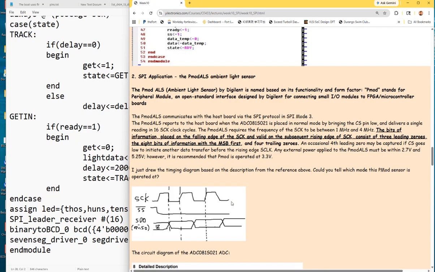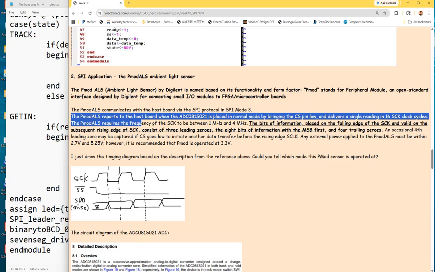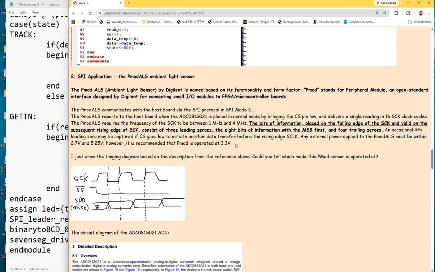I'll just draw on the paper. That's easier. So by looking at the description of it, just read this paragraph. This is directly copy and pasted from the official website. So there's a little follower transmitter module in the PMOD sensor, right? Because the follower is the transmitter, so it has a follower transmitter SPI module in there,